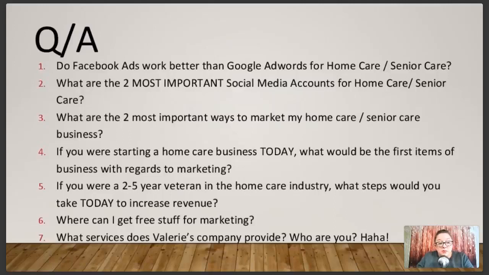I always tell people that if you're going to run a Facebook ad campaign and you want us to do it, that's fine. You need to spend with Facebook, not what you're paying us, but with Facebook. You're going to have to plan on a budget of $600 to $1,000 a month to see a good return. So that's my take on Facebook ads versus Google AdWords. I'm not an AdWords fan. I've never been an AdWords fan. I don't have any problem with people running some kind of low-level campaign maybe, but again, you're better off spending your money on Facebook ads for a more qualified client. So that is the answer to question number 1.